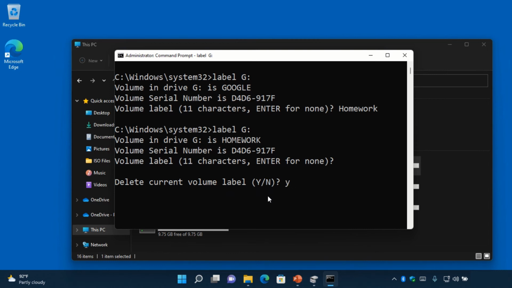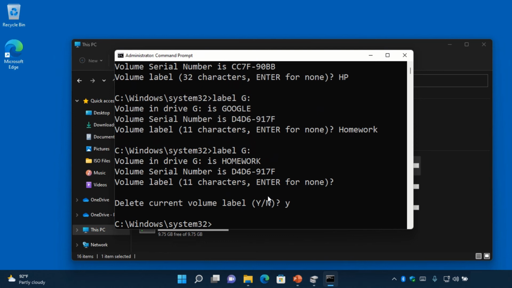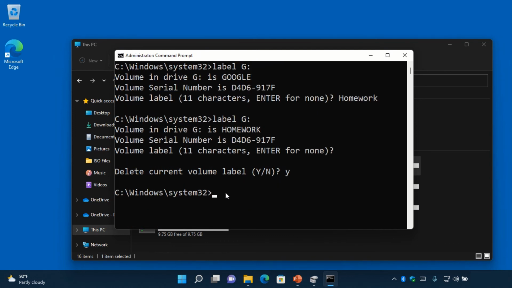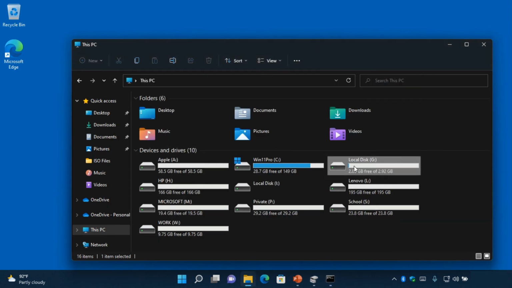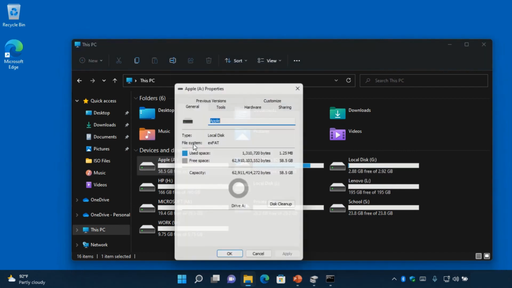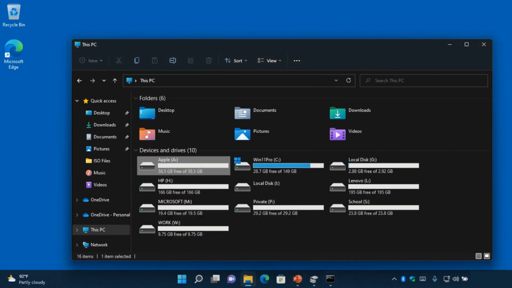If you type N, it won't. If you type Y, sorry, it will delete. So if I press Y, you see it didn't give me an error message. Let's go back to the File Explorer. You see the label is back to the default, which is local disk. So this is how you can manage the labels, either from File Explorer, right-click Properties, and change it from here,